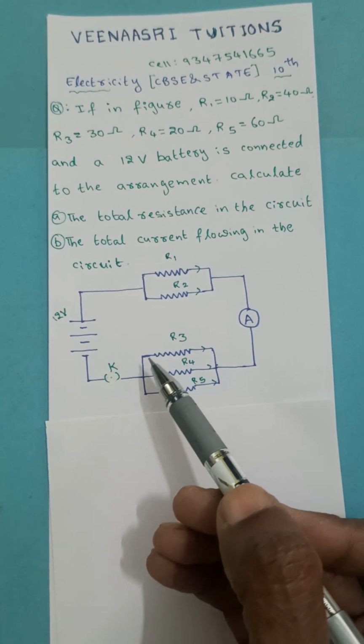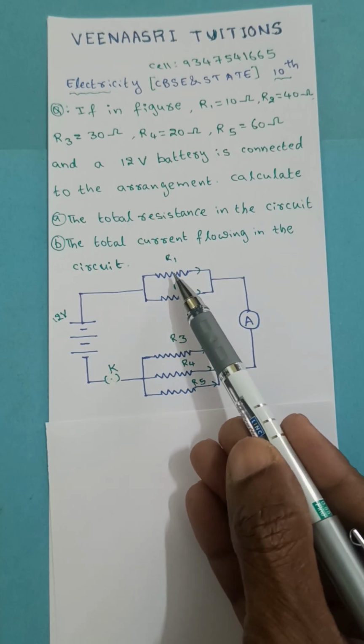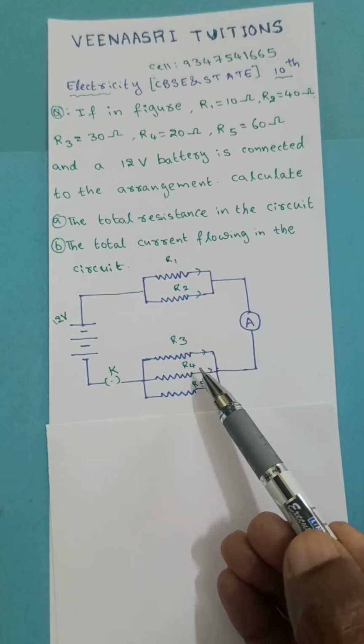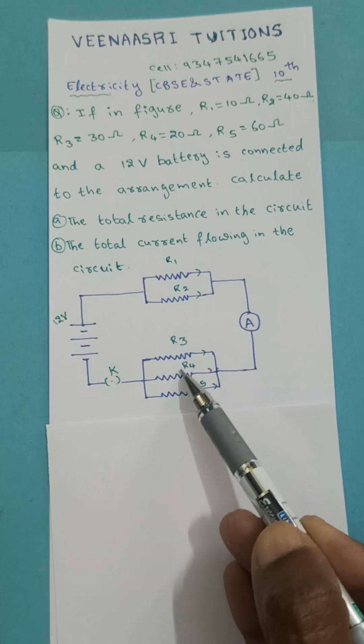So you observe the figure. So here you have these two, R1 and R2, are parallel, and R3, R4, R5, these three resistances are